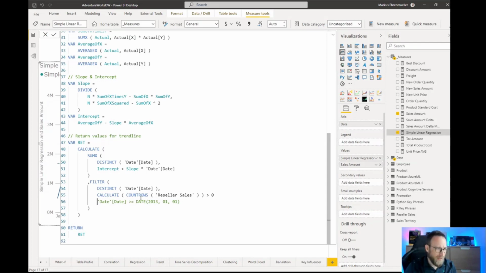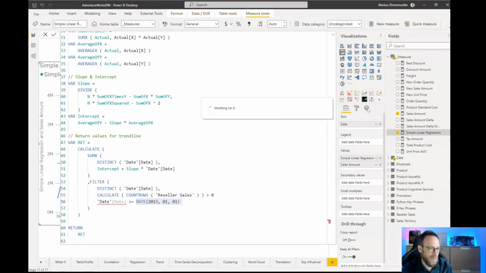I can change the calculation so the result is only done for dates greater or equal than the 1st of January of 2013. The date function is making up a date, and I'm checking that the trend line is only appearing for dates after 2013. If you change this and remove the original trend line, then we can see the green line is only showing up on